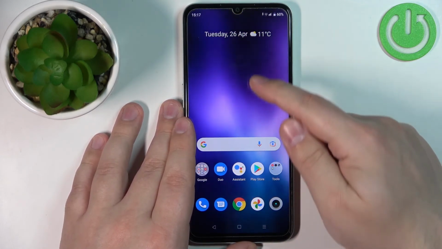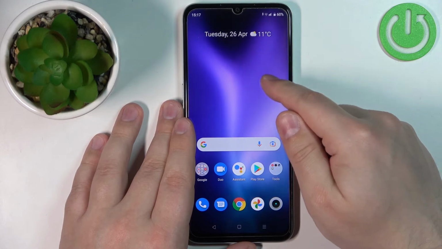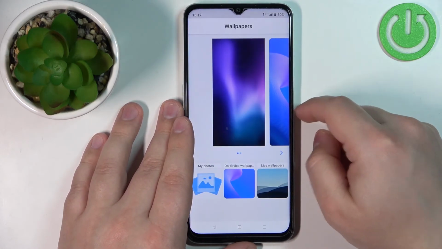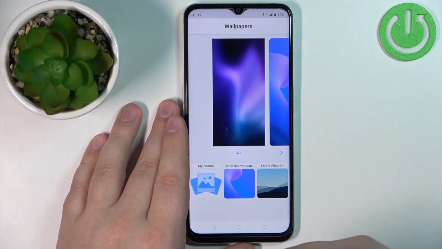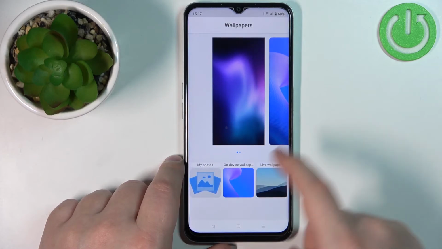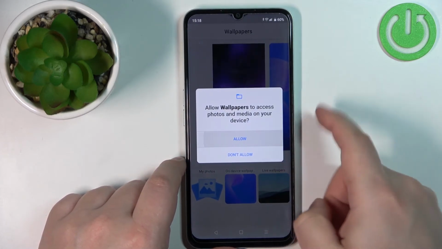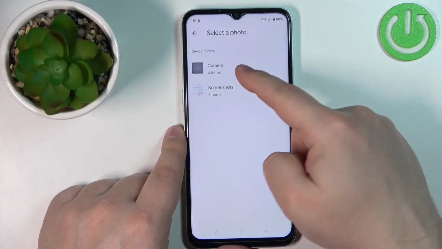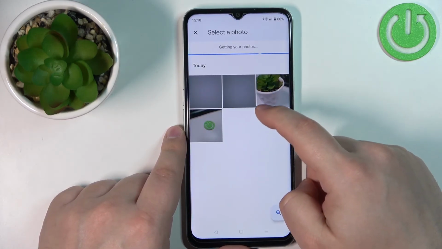Basically, you can press and hold on the home screen, on the free space on home screen. This menu should pop up. You can tap on wallpapers, and it will open this menu. And if you want to use, for example, your own picture as wallpaper, you can tap on my photos, allow the permission, and it will open the photos app, and you can tap on, for example, camera folder to open